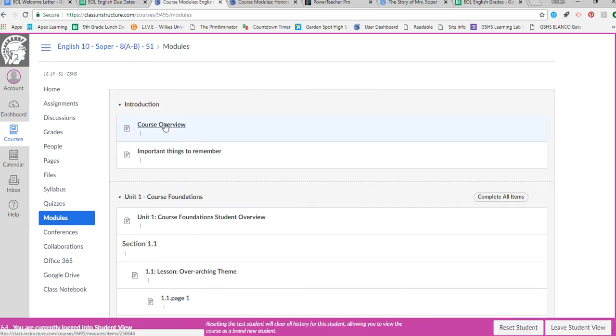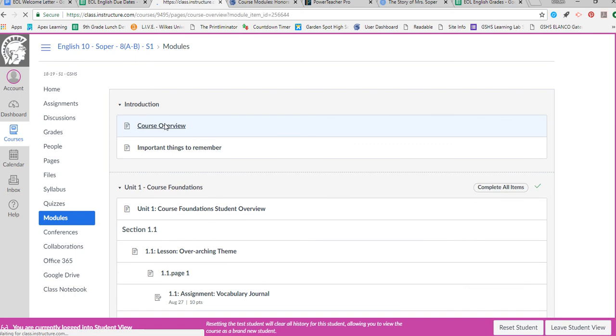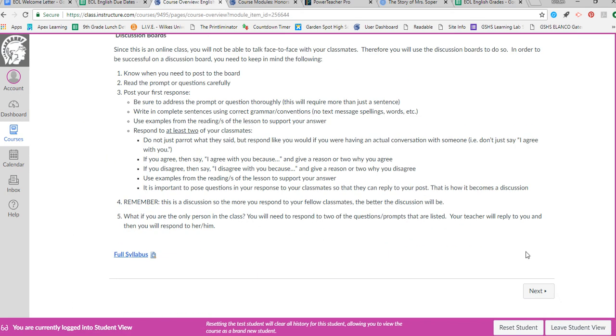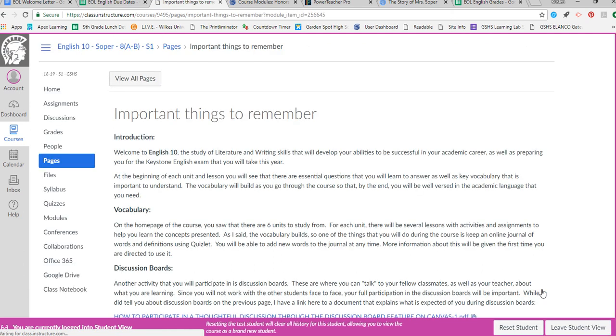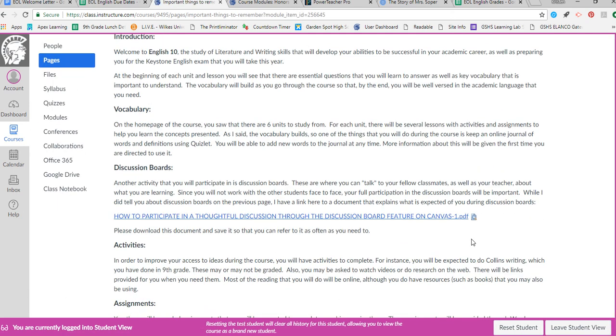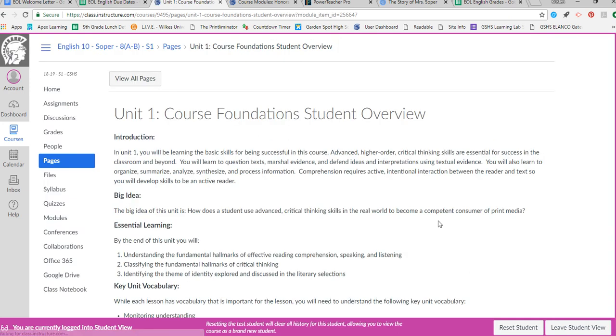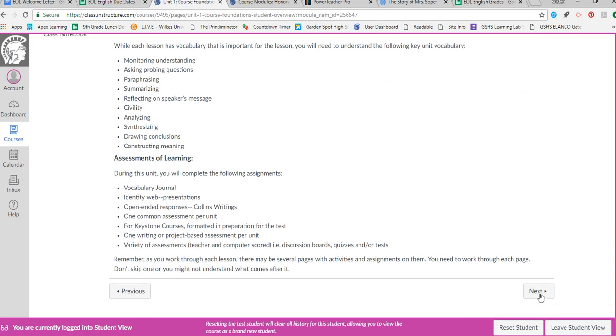So right now you haven't done anything, so you're in the introduction, the course overview. So you read through the information, open up the files and the links, and then click next. So you read through it, click next, read through Unit 1, click next,